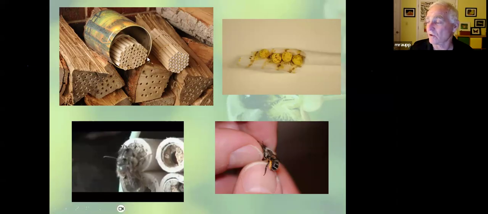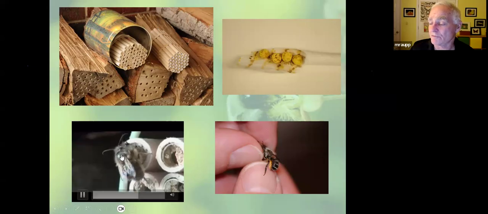Now, inside those holes, the females will bring in pollen and nectar and make little pollen cakes. They'll lay eggs on a pollen cake. Each one gets an egg. And there might be 8 or 10 or 12 of these in each hole. Okay. Usually the first day of spring, they start to emerge, and I keep this in my carport.